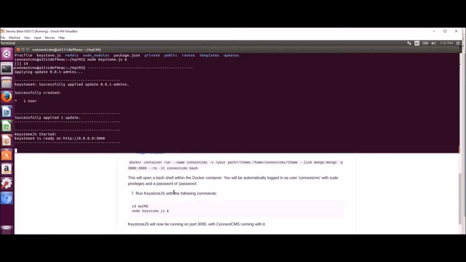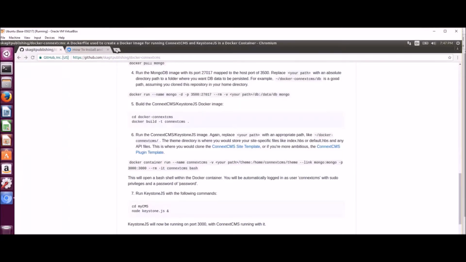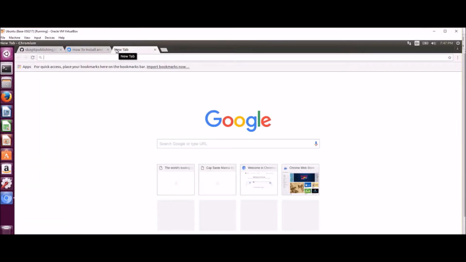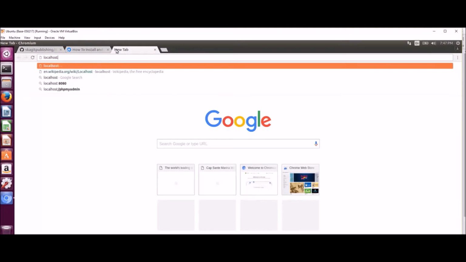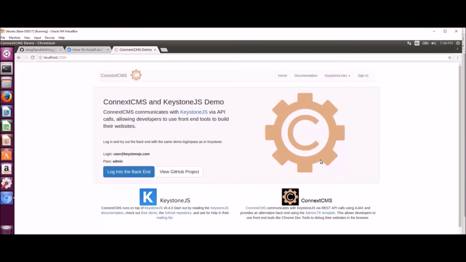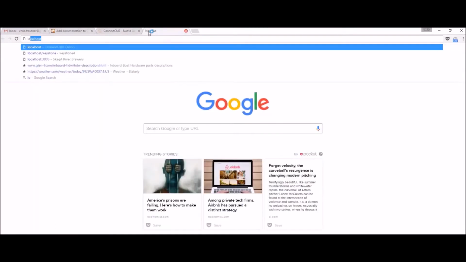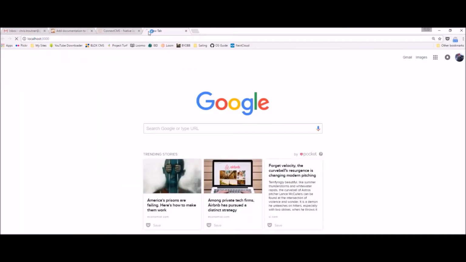So it's running that initial startup script to create the user because this is the first time it's run. It's telling me it's available on port 3000. So inside my virtual machine, I can go to localhost port 3000, and there's my new ConnextCMS installation. Now if I go back to my Windows machine and I do localhost port 3000,